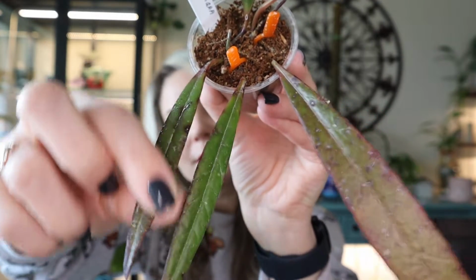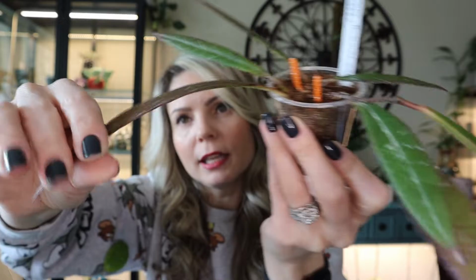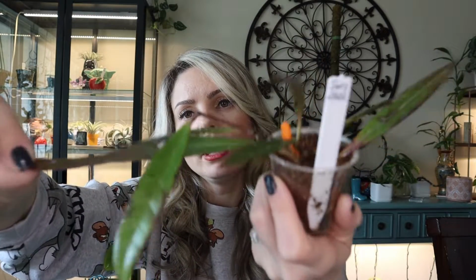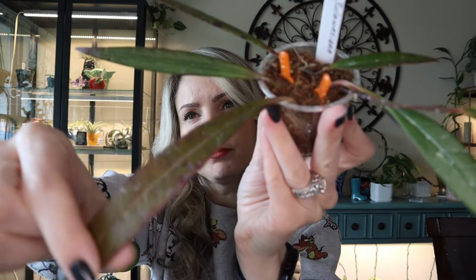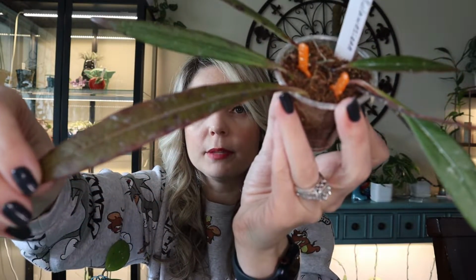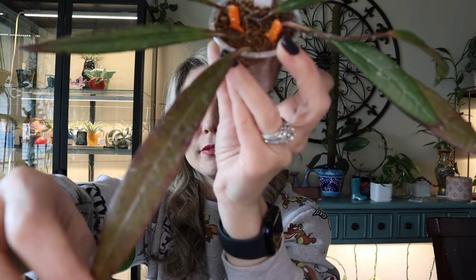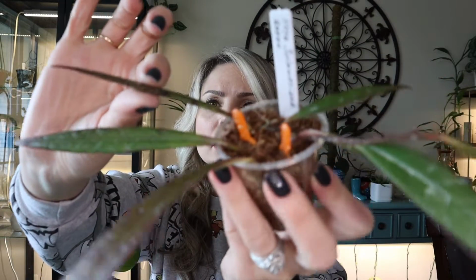But this is cool. I like this guy. I love how long the leaves on it. I mean, this is the longest leaf, probably, like this too right here. I don't think its sun stress is that pretty. This is a green version of it. I believe there is a red version of it, because this one does not really sun stress very pretty to me. I would like to keep it more on the green side for that reason,